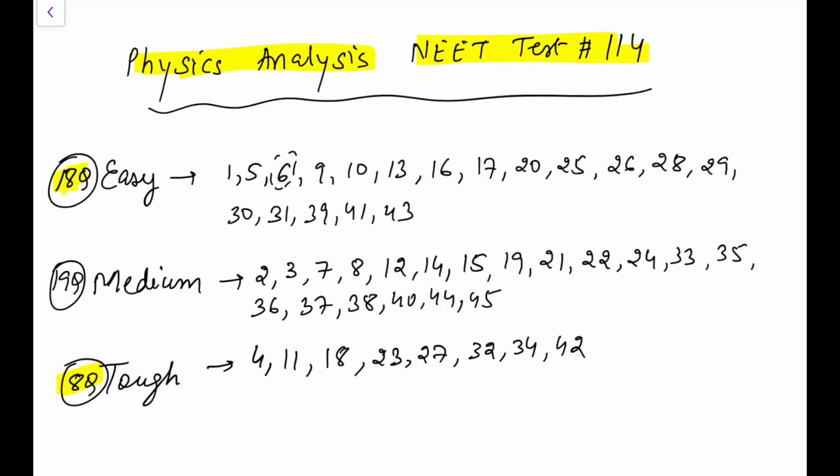I've regarded 18 as easy, 19 as medium. So going by my logic, 18 and 8, let's say 26. So 26 means 100 out of 100. I can say if you cross 100, you are decent in physics, and those who are very good can think of 150. But again, getting even 120, 125 in this paper for an average student won't be easy. If such a paper comes in actual NEET, the cutoffs will drop by 20-30 marks for sure from last year. So let's see what it is.